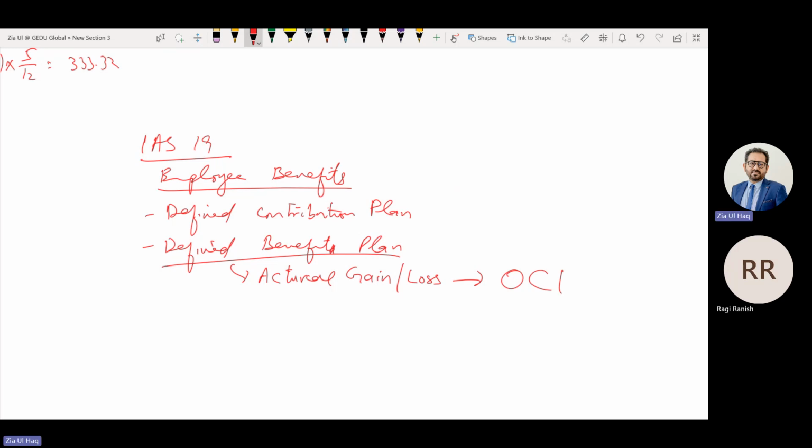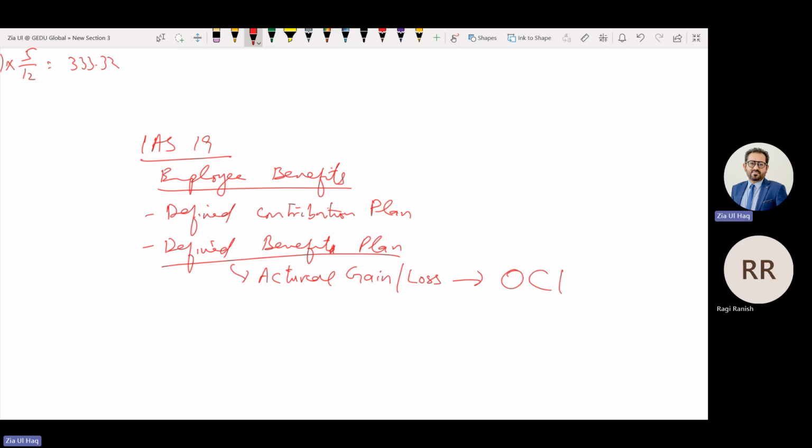So what we need to remember for AAA from this standard: in case of a defined benefit plan, actuarial gain or loss should be recorded under other comprehensive income. And the second point we should remember, the company needs to provide a detailed disclosure of the benefit in the financial statements. If the actuarial gain or loss is not recorded in OCI, there could be a misstatement.